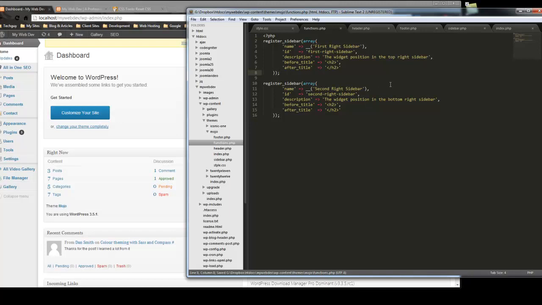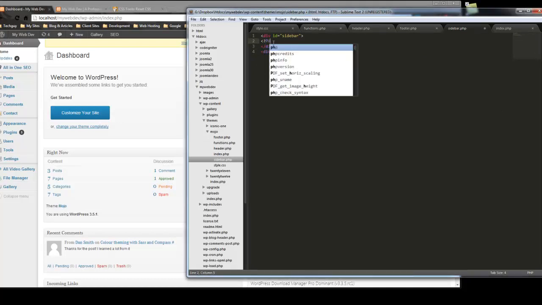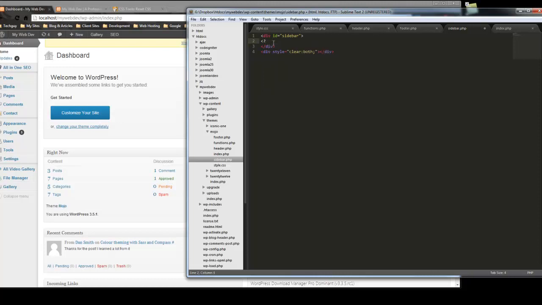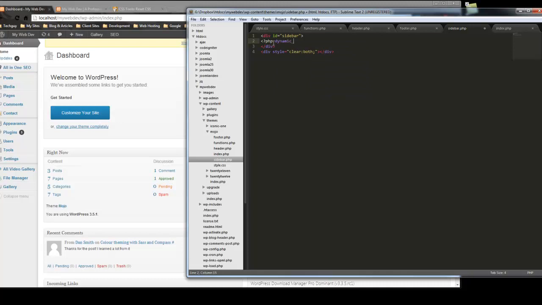Let's save that. Now that alone isn't going to give us our position for our sidebar. We need to go to the sidebar.php file, and we need to add in the dynamic sidebar,